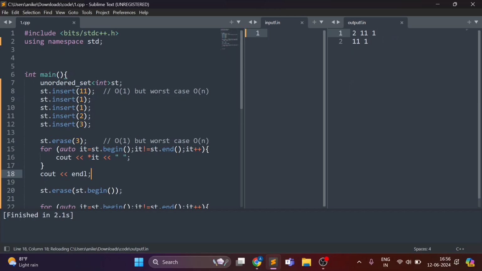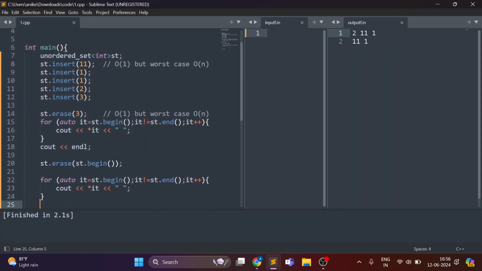So after erasing 3, the set was 2, 11, 1. So st.begin was pointing to 2. Now I removed it and the set is 11, 1. Now the erase with iterator is O(1). So you can use this, but this is